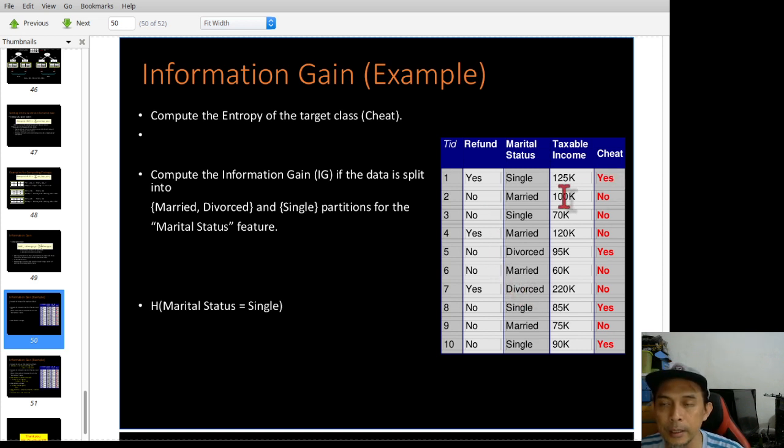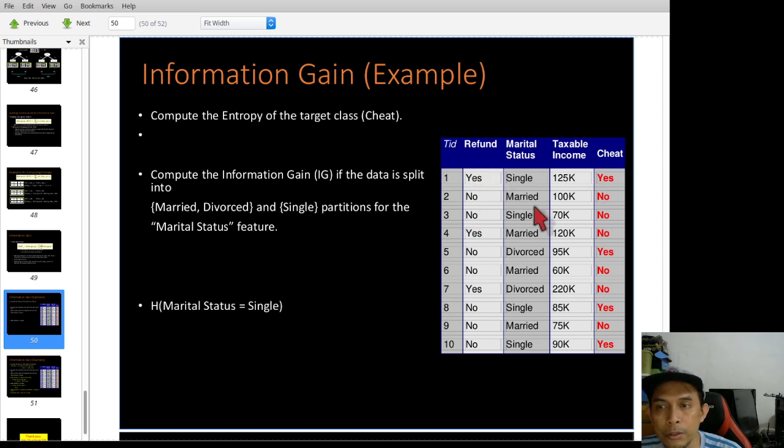Remember, from the example in the previous slide, you can use 2 decision trees to represent the learning model for this training data. But now you want to measure, based on information gain, which of these 3 is the best splitting attribute. Is it refund, marital status, or taxable income?